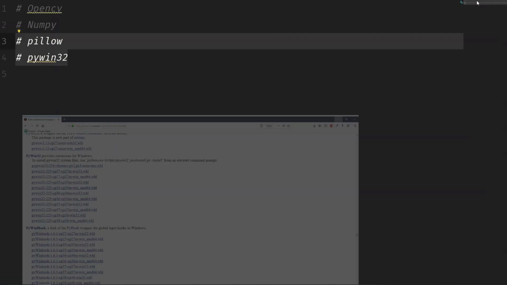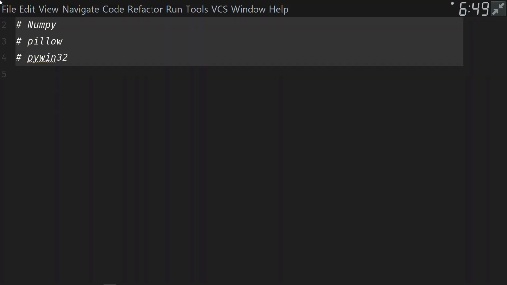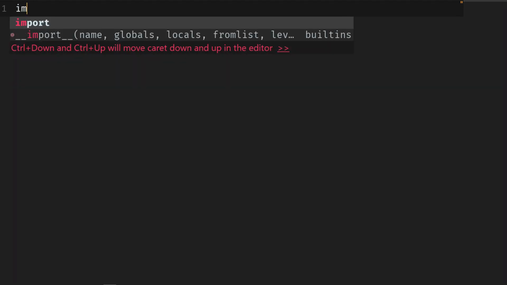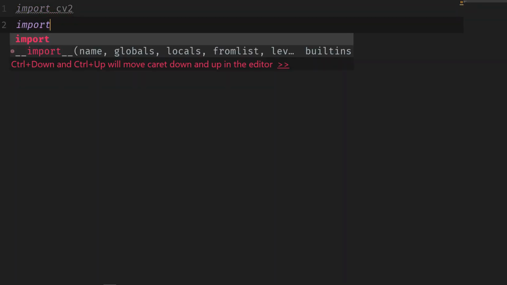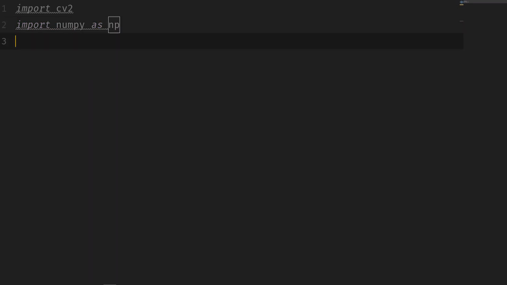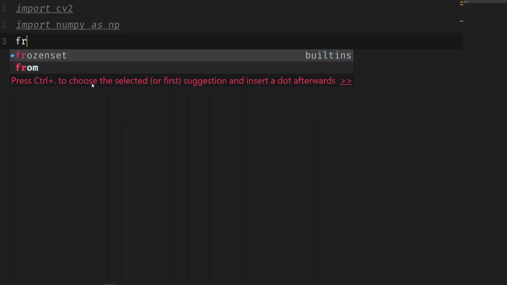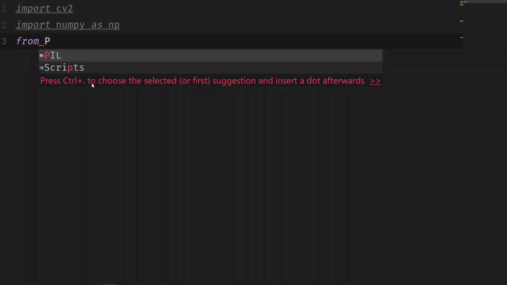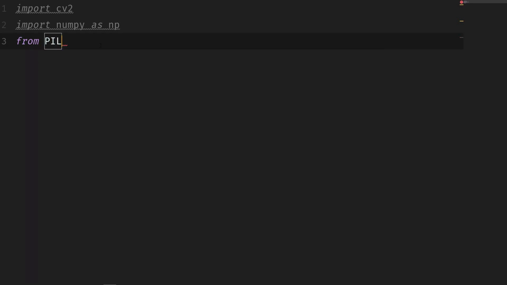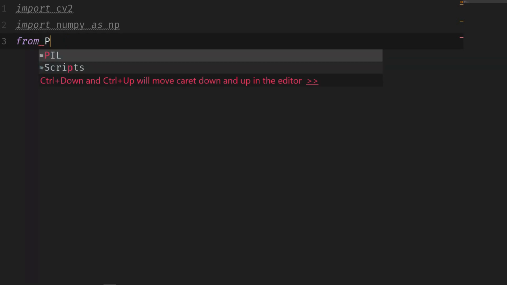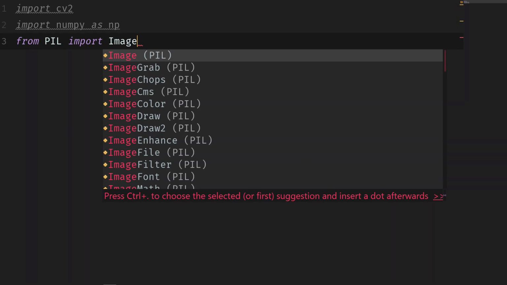And now we're going to work with these libraries. So I'm going to delete these comments. Let's start importing the libraries. We're going to import cv2, then we're going to import NumPy as np. Then we're going to import Pillow, but from Pillow we only need ImageGrab. So make sure you don't type from Pillow, but from PIL, and also it must be capital letters, because otherwise it will be an error. From PIL import ImageGrab,